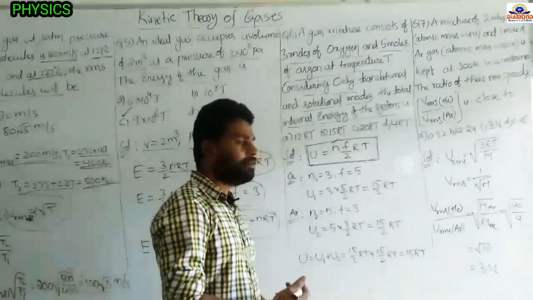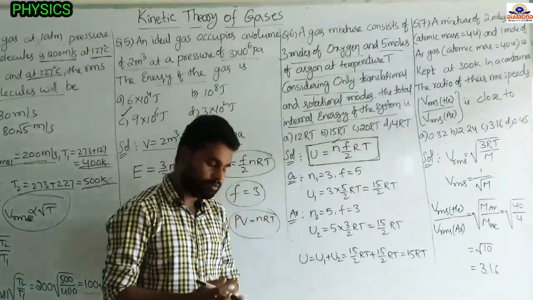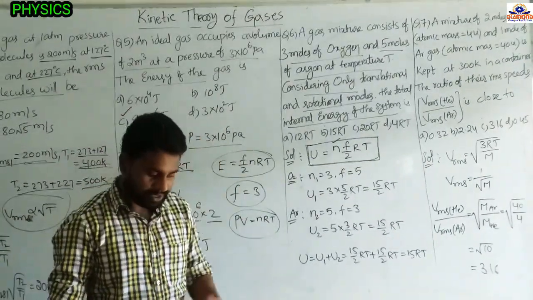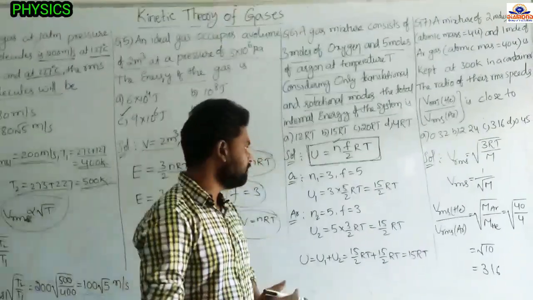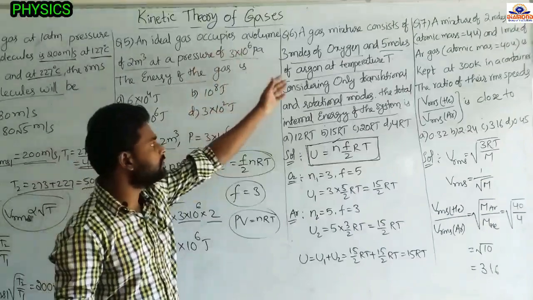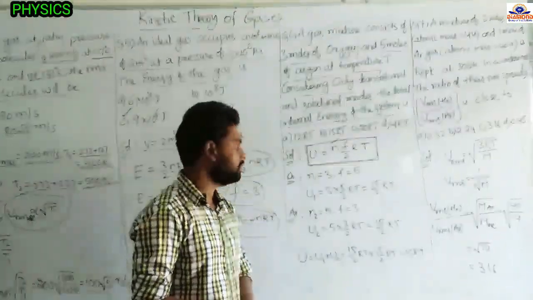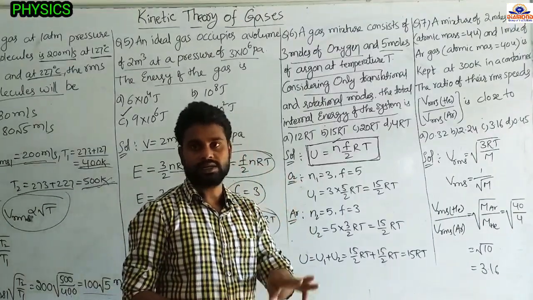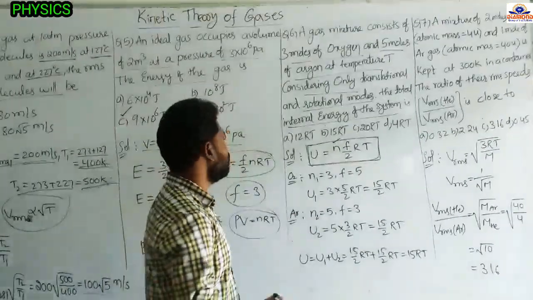Remember. So diatomic has the vibrational motion also, but when temperature is more than 500 Kelvin or 750 Kelvin, then we will get the vibrational mode also. But here they are saying to consider the translational and rotational modes only. So for the diatomic, F equal to 5, in that it consists of 3 translational, 2 rotational. Okay, first is the given.